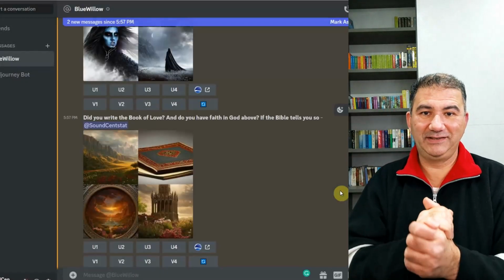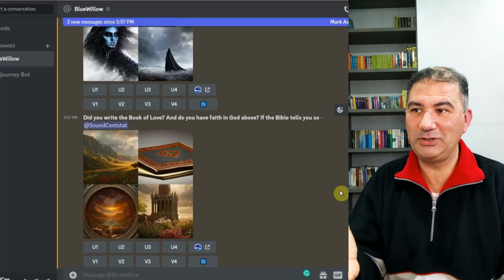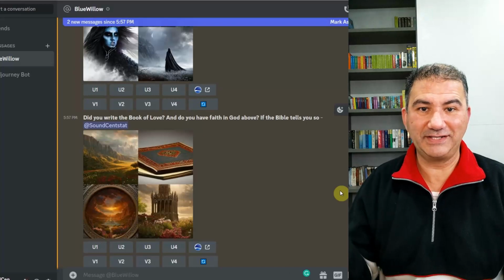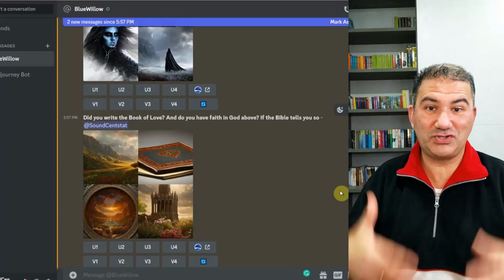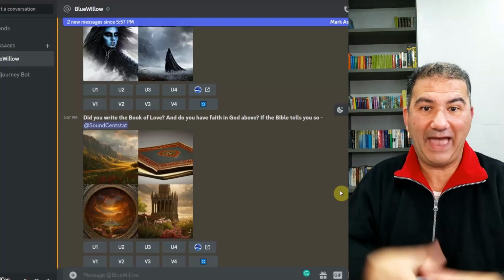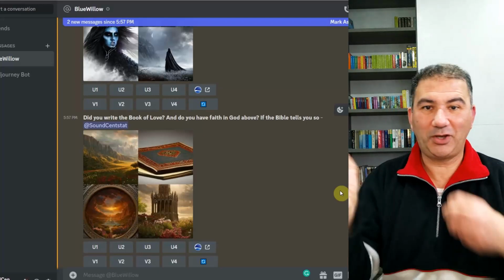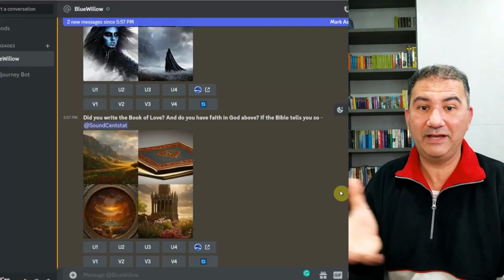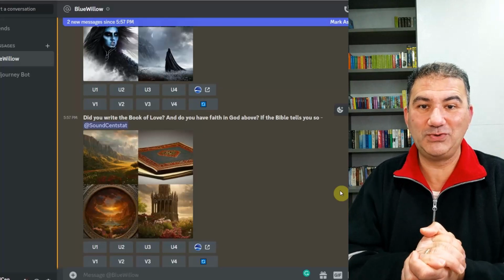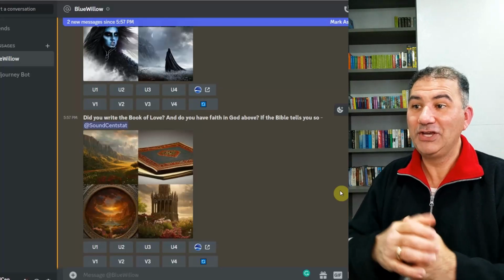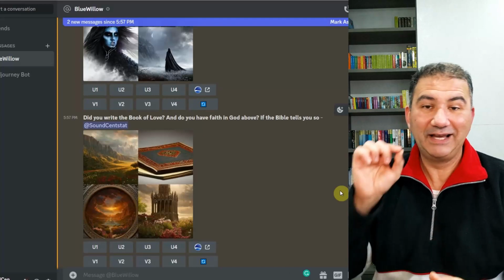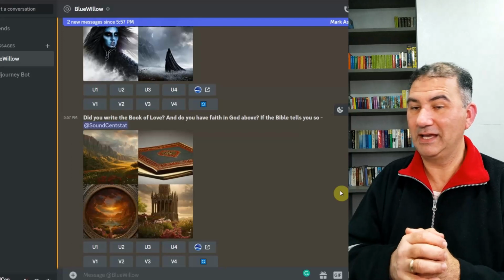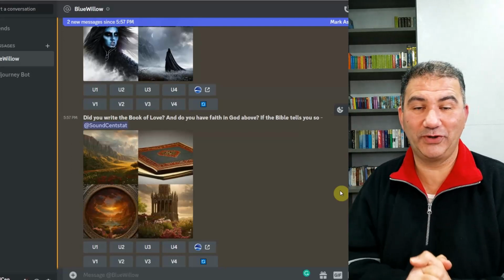So as you can see, there's a lot of potential simply by utilizing song lyrics from any of your favorite song artists. And if they're not any of your favorite song artists, you can still go into the catalogs of any artist in any genre, copy and paste lyrics into Blue Willow or into Midjourney or even into the Canva text-to-image generator if you want to use that, and see what kind of results you get back. You just never know. There might actually be a diamond hidden within those lyrics that you can utilize for your print-on-demand business.